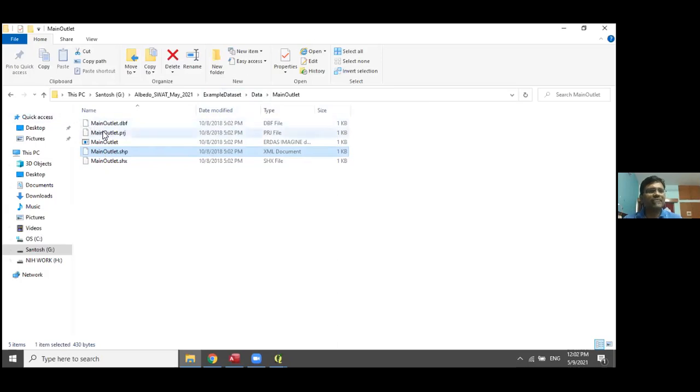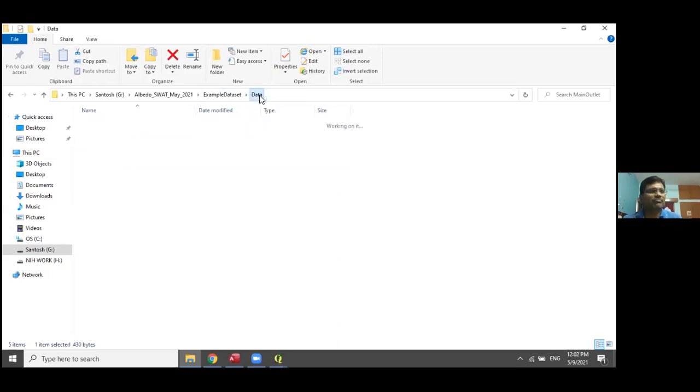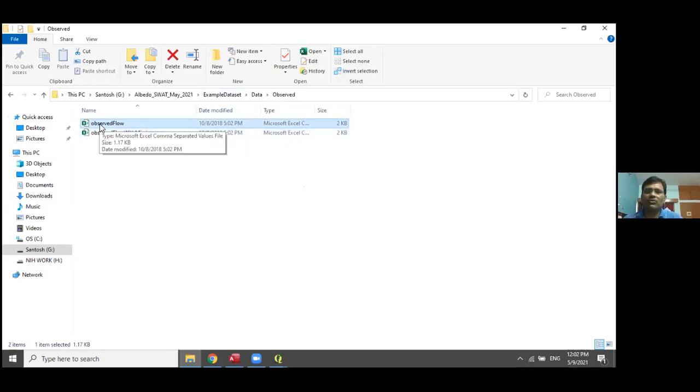Basically it will help in delineating the watersheds and sub watersheds. Then the observed data sets. Suppose you have the outlet, you should also have the observed flow recorded at the outlet, which will be useful for model calibration and validation.